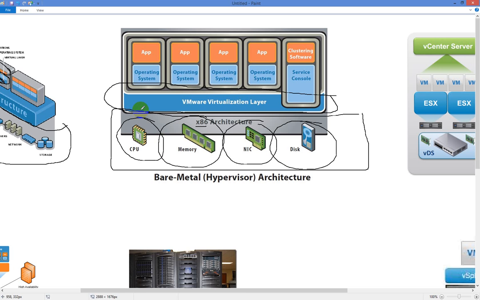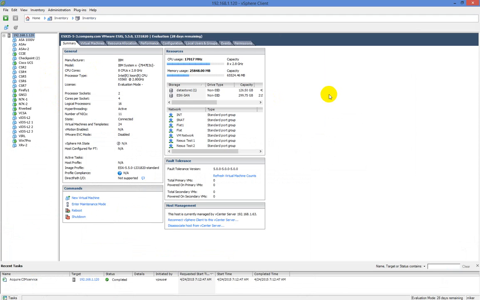So when you're looking at ESXi, in the vSphere client, you click on the host and look at the summary, which I have pulled up right now. So this is my host, and as you can see, I have a bunch of virtual machines installed and ready to go. I have 64 gigs of RAM available, and I have 8 processors at 2.8 gigahertz apiece. It's actually 2 processors, 2 sockets, and I have 4 cores per socket, which means I have a total of 8 cores that I can play with.